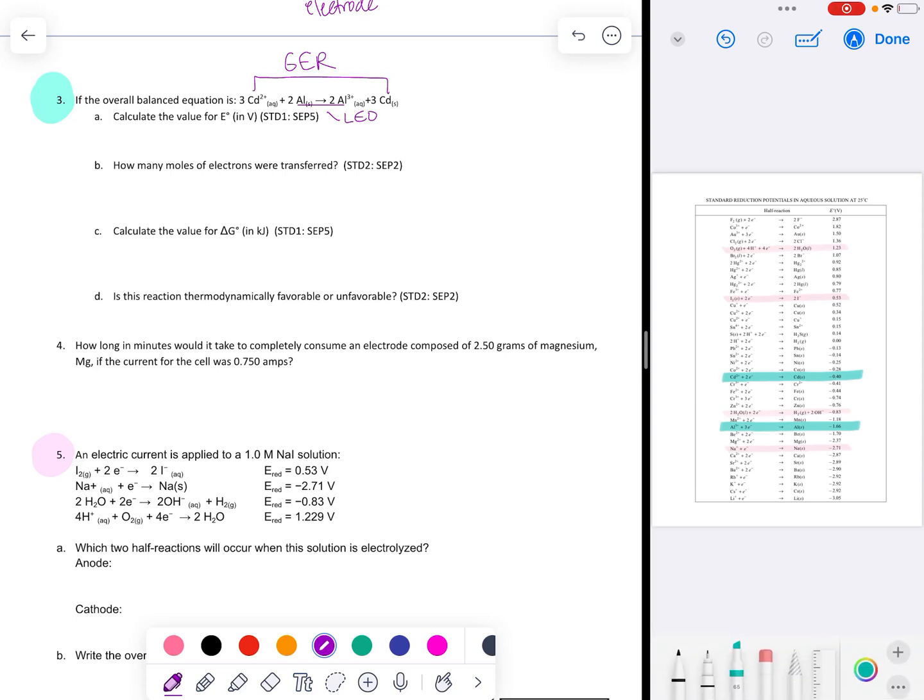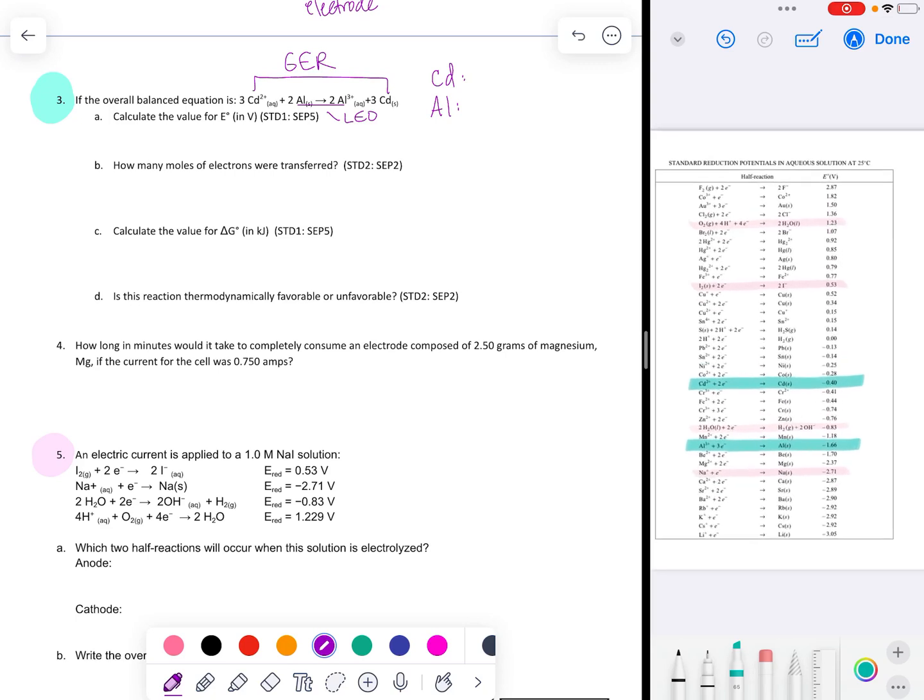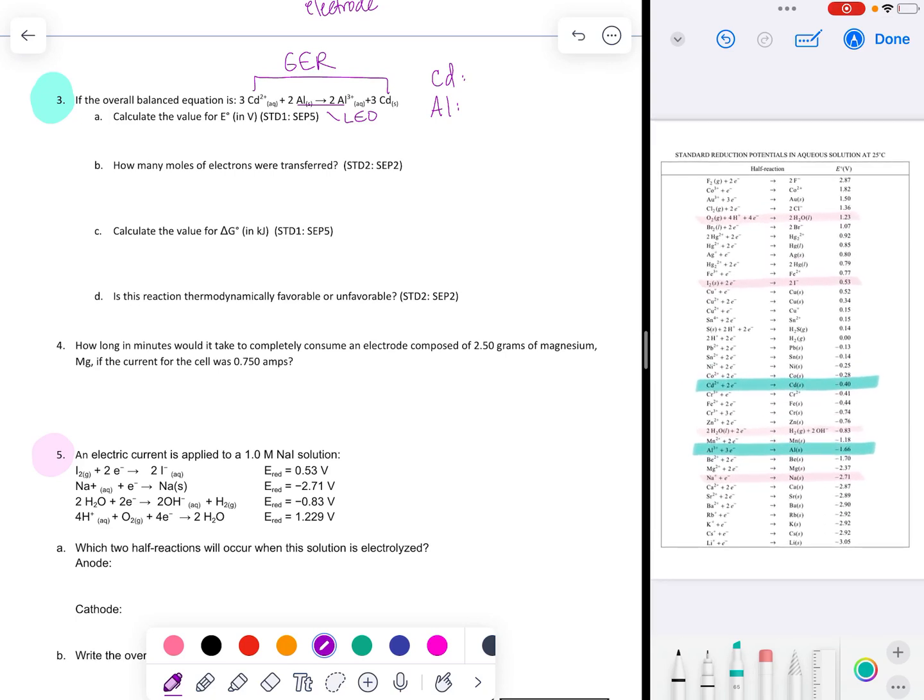So I'm expecting to see that verified for the cadmium and aluminum when I look at those values over here in the reduction potential table. So for cadmium, cadmium is negative 0.40 volts, standard reduction potential, and then the aluminum is negative 1.66 volts. And we're always expecting the value that is the highest, so the most positive, or the least negative, right, to be reduced. So that is my cadmium,